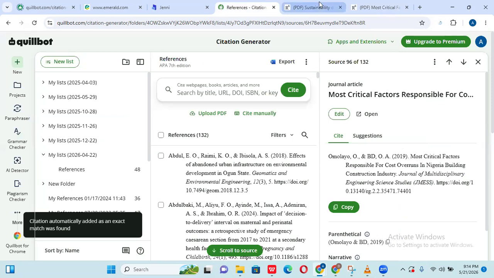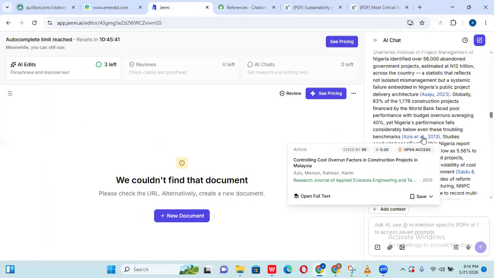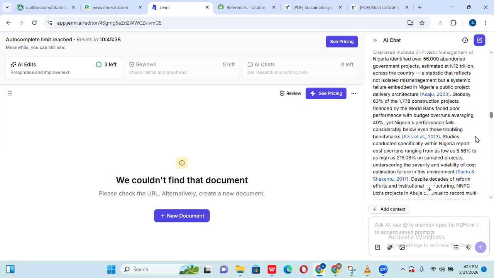Are you with me? So these are references. I will do that. And then I will now copy the citation, then put it here on my document to replace this. Are you with me? So that is one of the smoothest ways to correct your citation. Now, if your work does not have citation and you want citation to be there, or correct citation or up-to-date citation, you bring it to an AI to do that, or any AI that you trust that can search databases for you. That's what you do.